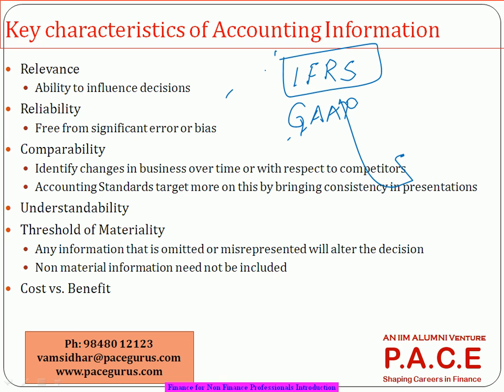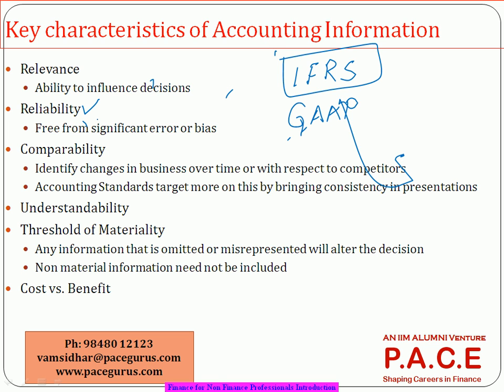every company will have to present their statements in those 40-50 headings only, which means comparison becomes easier. Even if they have a 51st entry, they have to put it in that 50 list itself. That is the kind of standardization that has been brought out by these reporting standards. So comparisons become very easy. All these characteristics come out in that standard. They become more and more reliable to use. They don't have too many errors because they have detailed out what costs go into what, and we don't need to get into each and every aspect there.